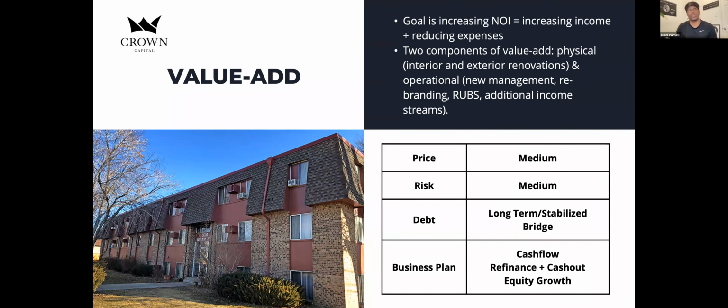Yes. So normally we'll look at properties for a value add where they'll say, guess what? Rents are maybe $150 below market. Maybe the bathrooms have